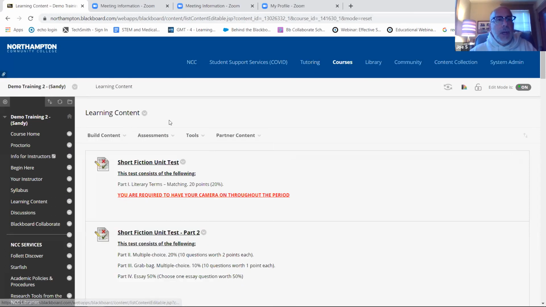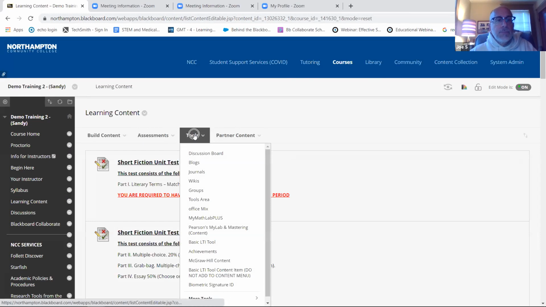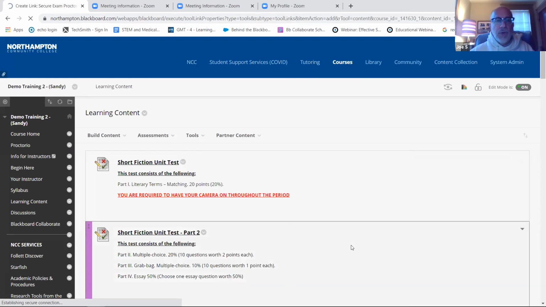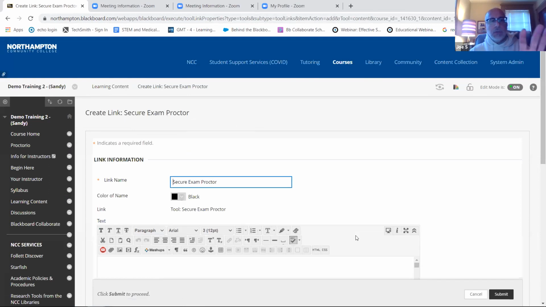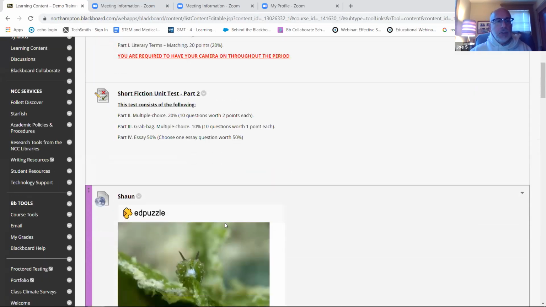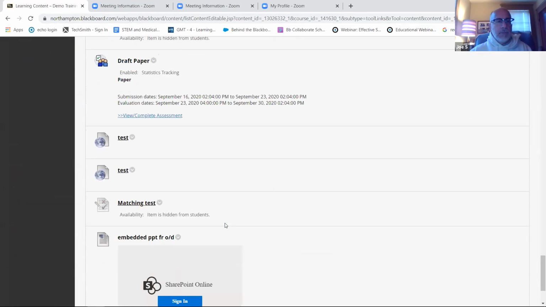So I'm going to go to Tools, and More Tools. Click that, and over here in the last column, we call it SEP, Secure Exam Proctor. This is a tool that Proctorio provides. You don't need to do anything but submit that, and it's going to provide that little camera on the page, all the way down at the bottom, of course.